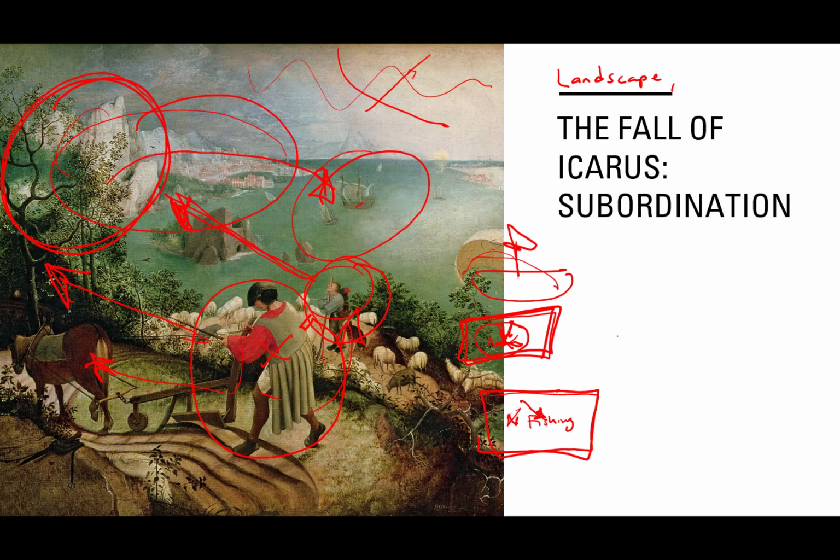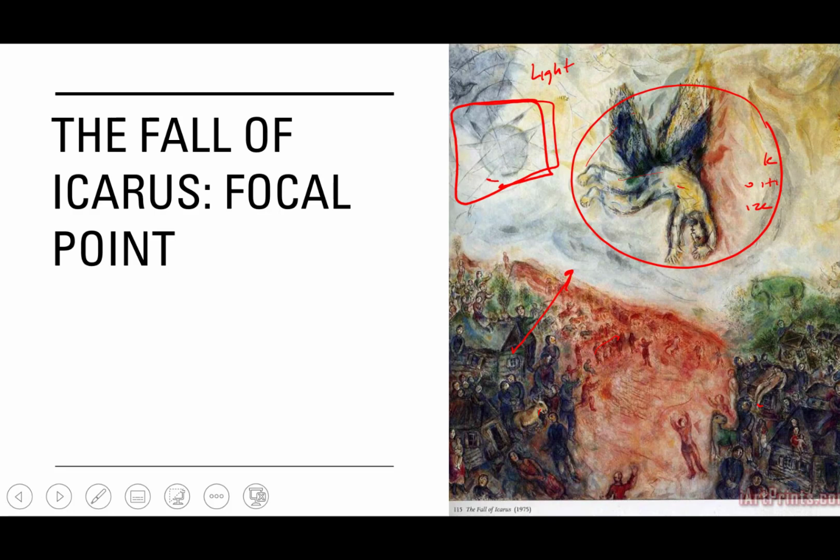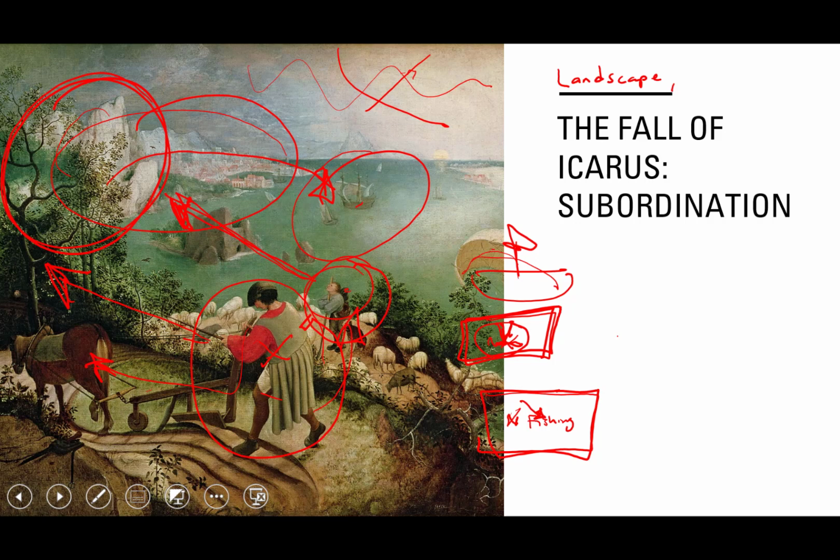That the event happened and it wasn't something that caught people's attention, unlike the other one, where everyone in town apparently just happened to be hanging out watching Icarus fall, making it a massive event. Versus here, people are living their lives, looking at other things, working, and no one notices. So it makes the whole event of Icarus small and seem unimportant. It also creates a completely different meaning than the first picture. So that's what I like about subordination: it can totally change the whole meaning behind the same idea,